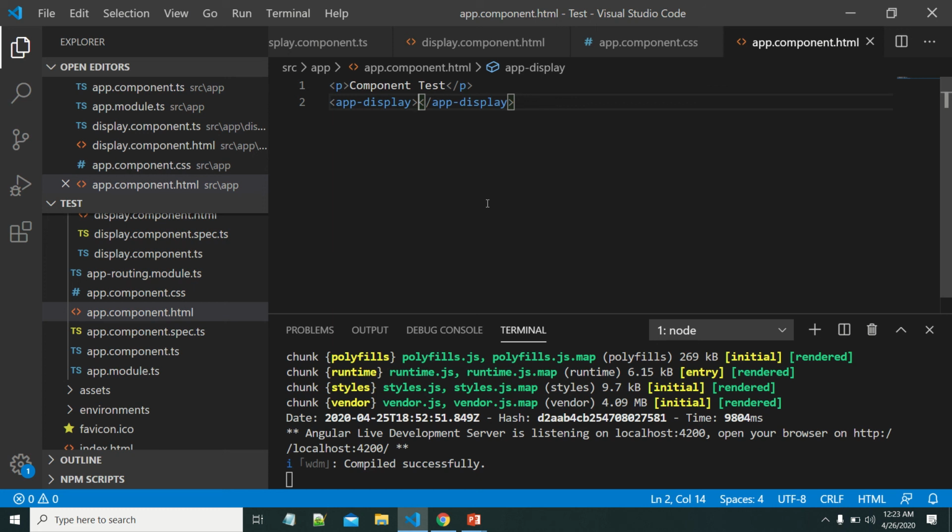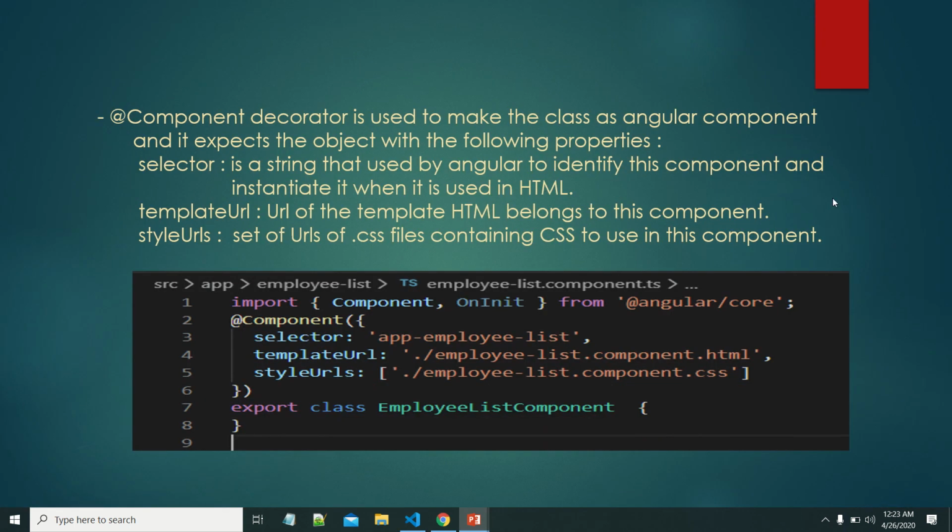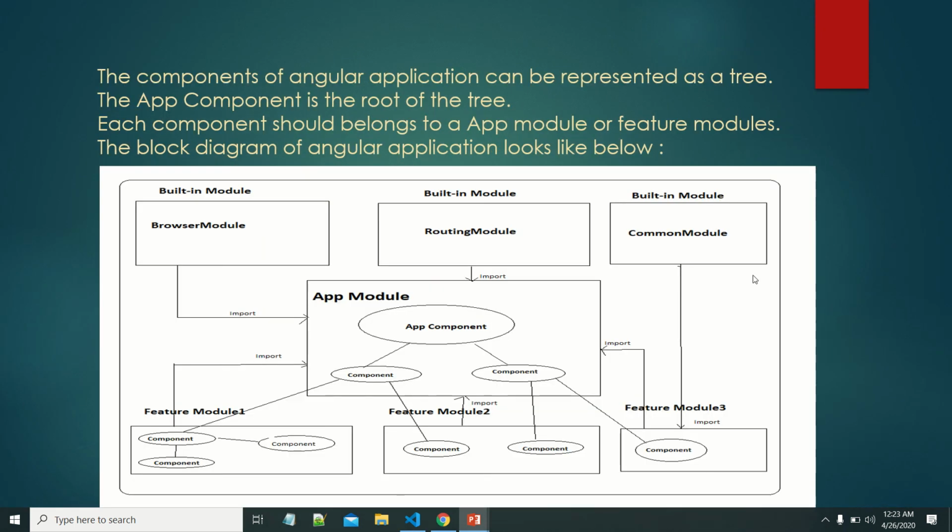So we can represent all these component structures in a block diagram. This is the block diagram of an Angular application. Here, this is the app component, and this is the root component of the Angular application. This app component has some other components inside it, which can be represented as a tree structure.